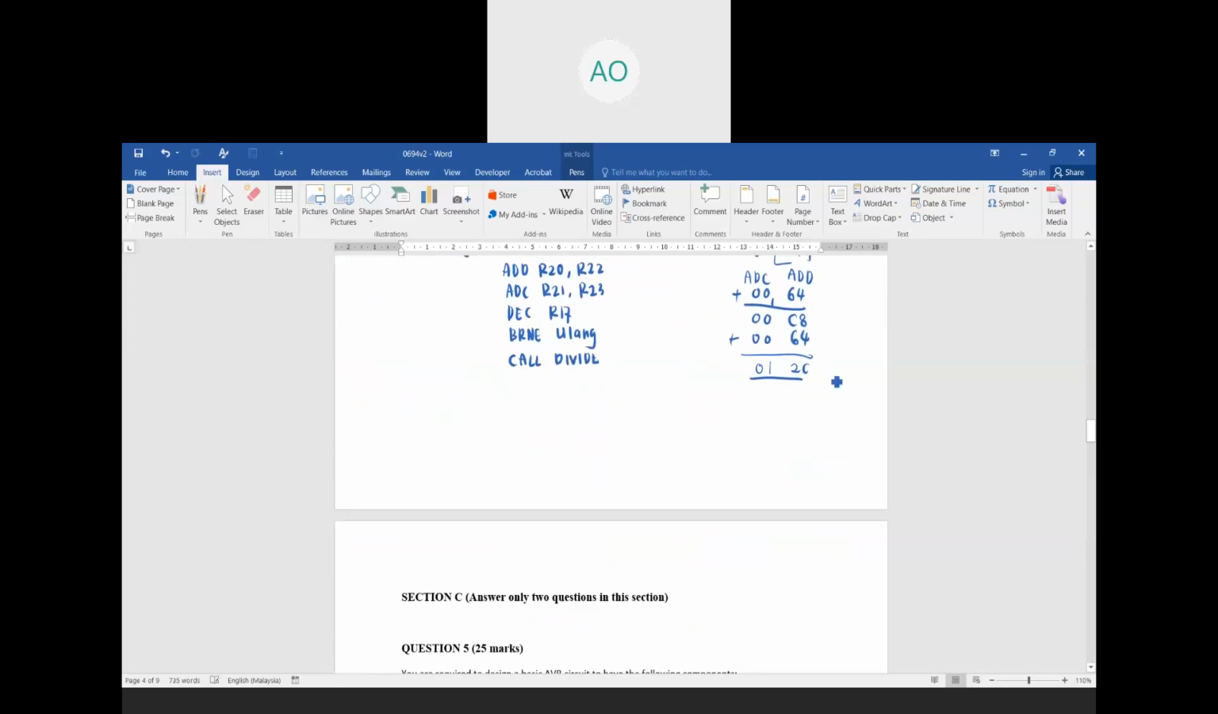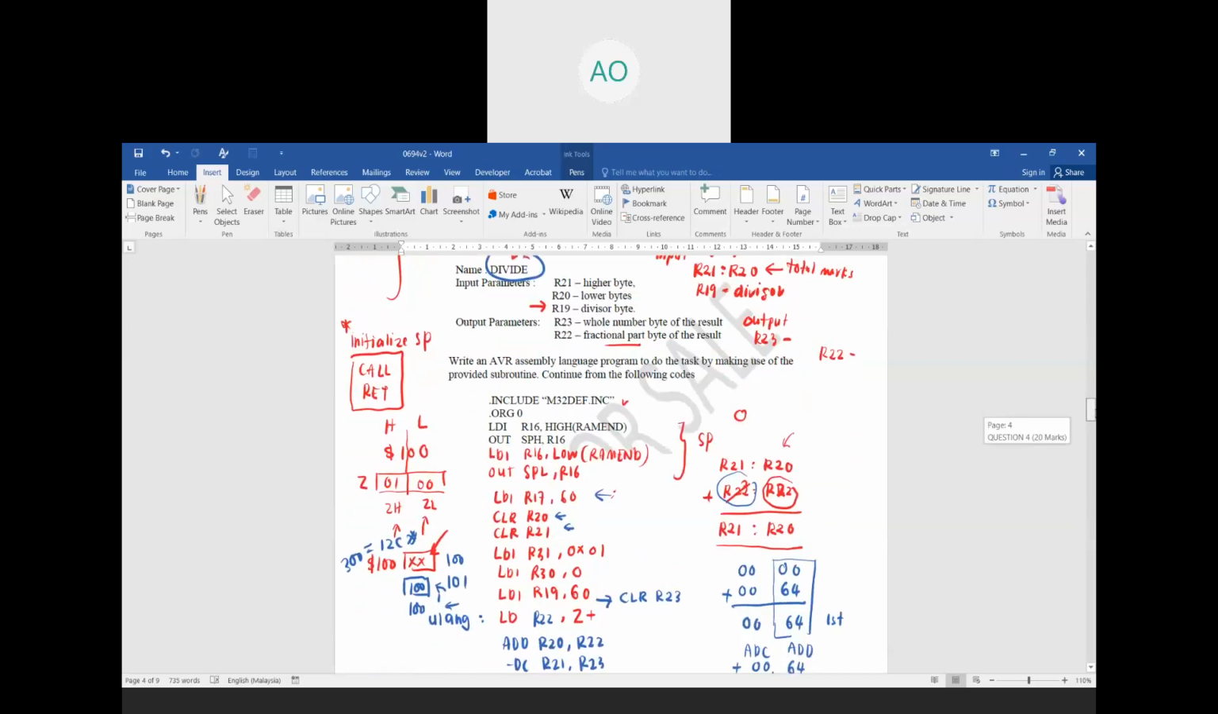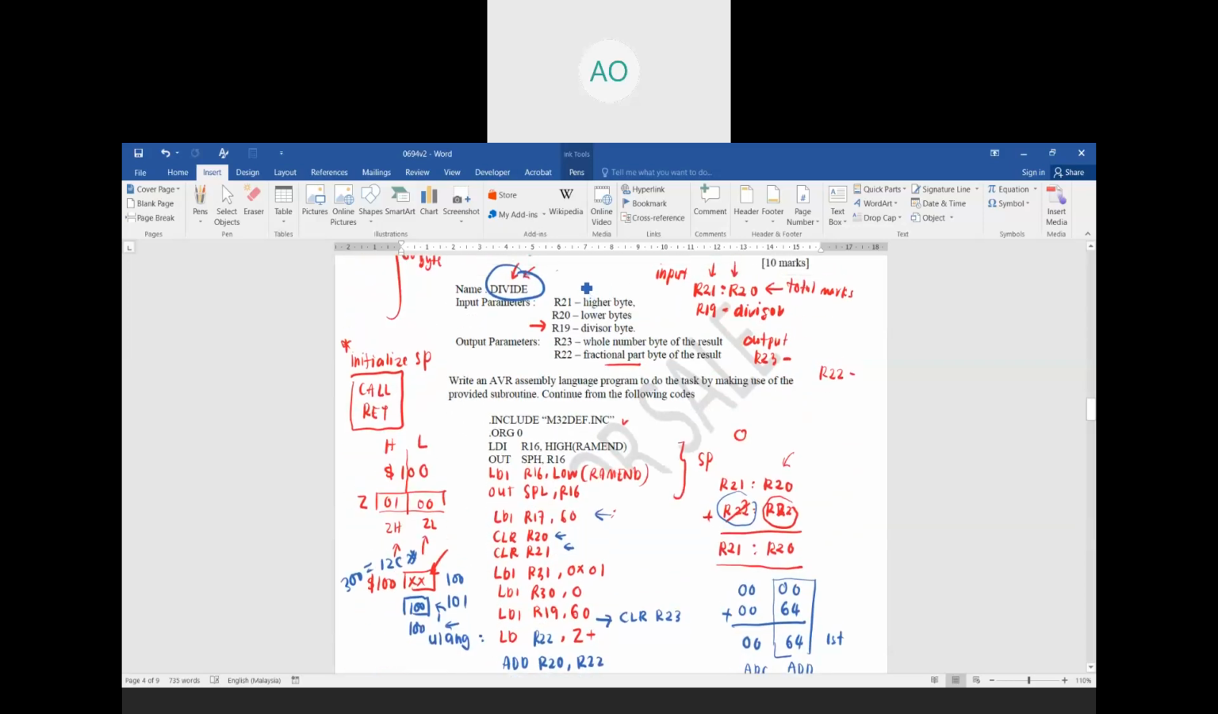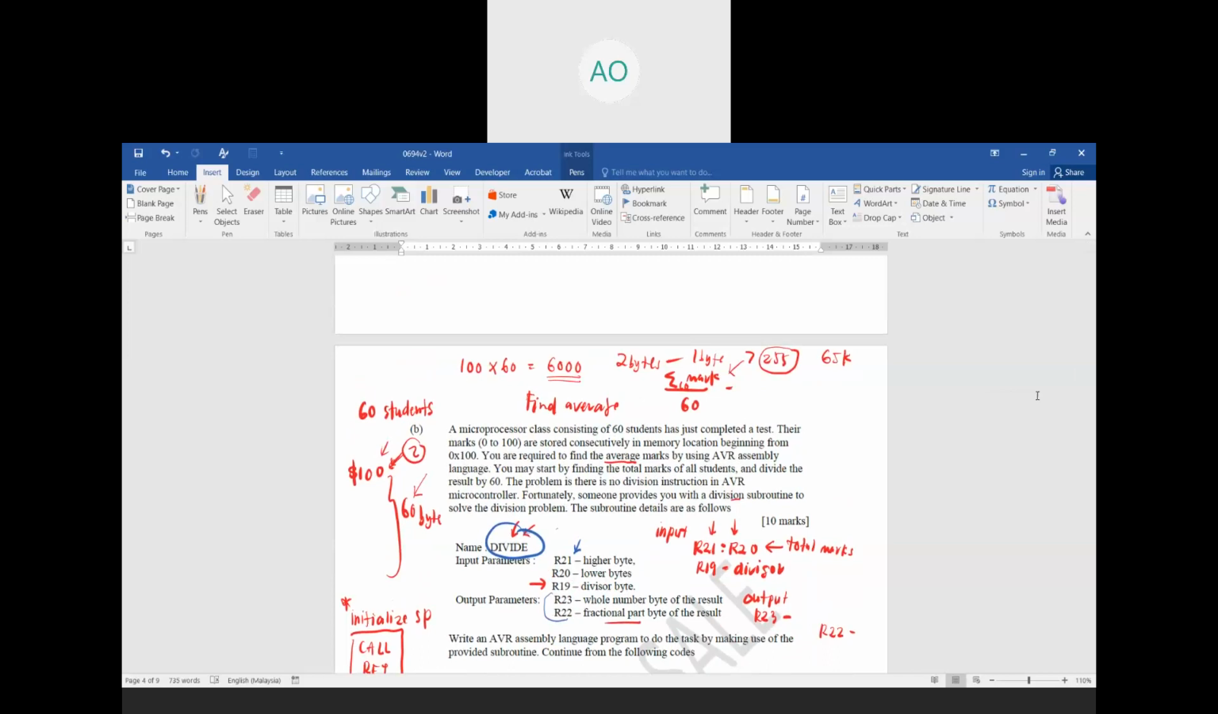Okay, so this is the input that is going to your divide subroutine, in which R21 and R22 is the total marks of the 16 students, while R19 is the divisor. These values will go to your divide subroutine, and after that will produce R23 and R22. The result from the division will be stored in R23 and R22. So what you're going to do here is